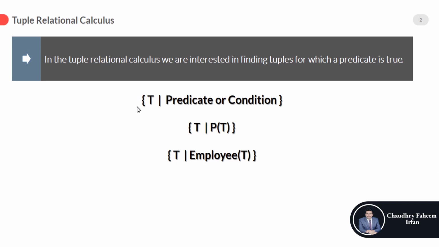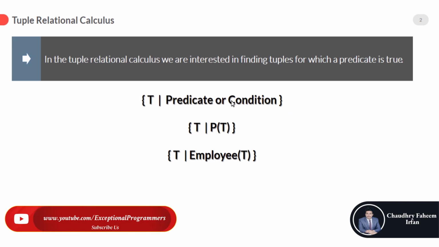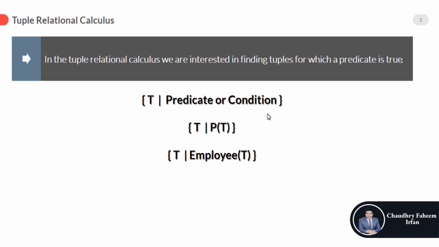So in curly braces, t is a tuple variable. We can read this like t such that predicate over condition. Select t, which means select tuple or row where predicate over condition is true. The calculus is based on the use of tuple variables. A tuple variable is a variable that ranges over a named relation, that is a variable whose only allowable values are tuples of the relation.